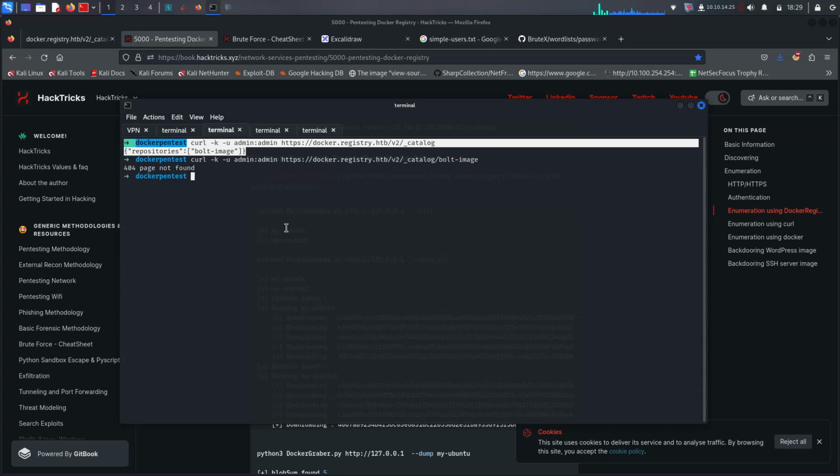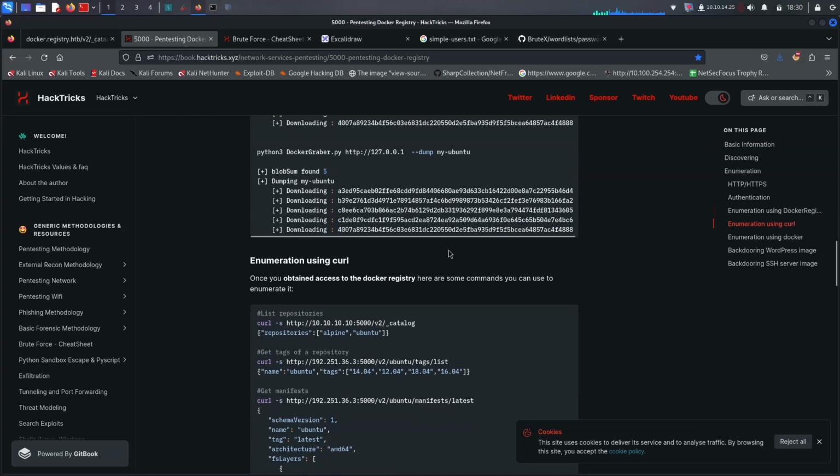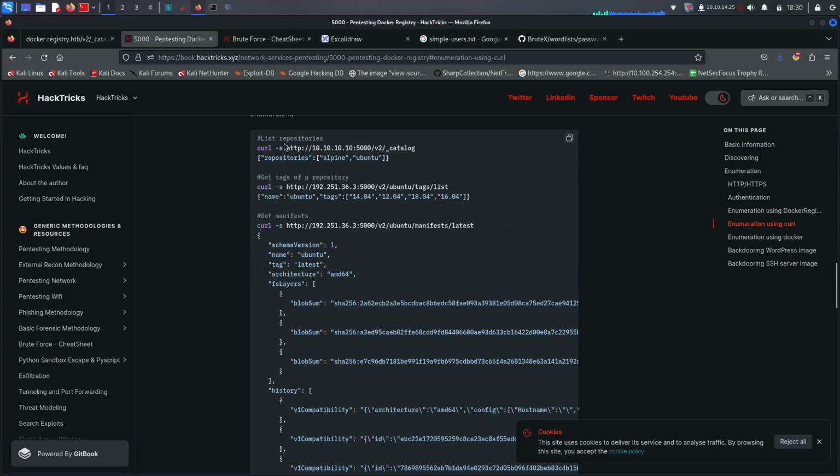The page not found, because it's not working like that. It's not the correct one. So for example, enumeration using curl is over here. If we are enumerating with curl -s and give it your domain with v2 and underscore catalog,